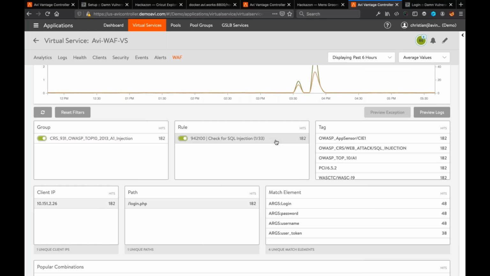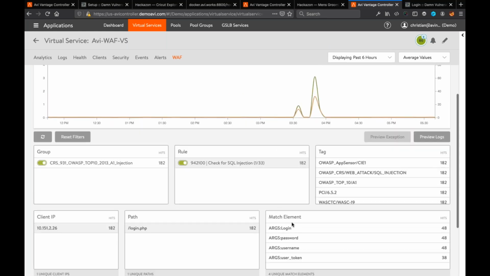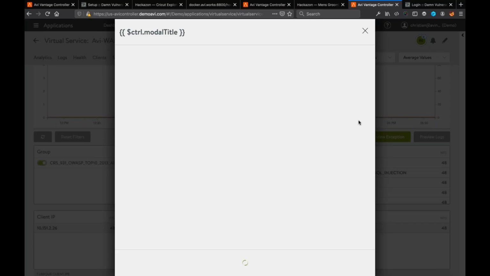And lastly, if I want to learn more, I can actually preview the logs, and okay, I should be able to preview the logs. If this is a bug that got fixed already, unfortunately I can't preview the logs, but I could jump into the log file from there.